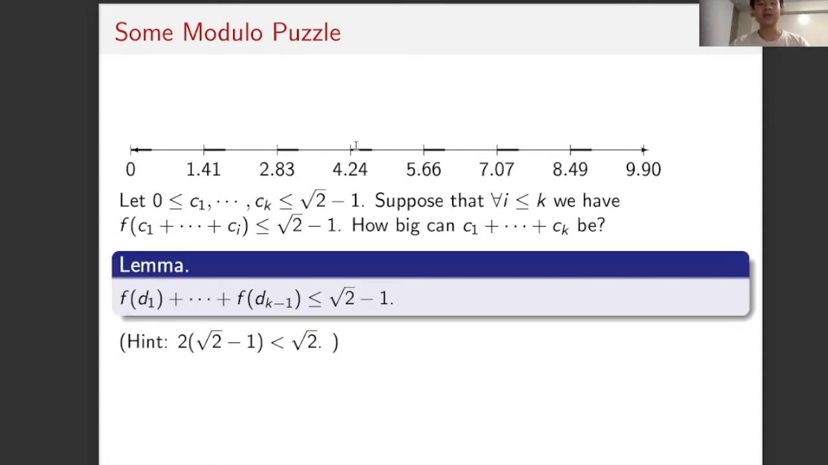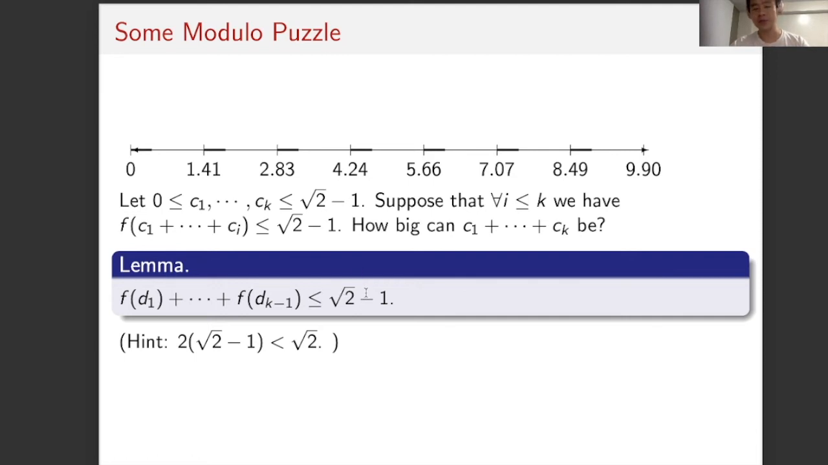So formally speaking, if f of c1 plus all the way to ci is less than or equal to square root 2 minus 1, and each of the ci's is also less than square root 2 minus 1, then how big can c1 plus all the way to ck be? Well, it turns out that even if you take the sum of the fractional part, not the fractional part of the sum, we are talking about the sum of the fractional part, it is bounded above by square